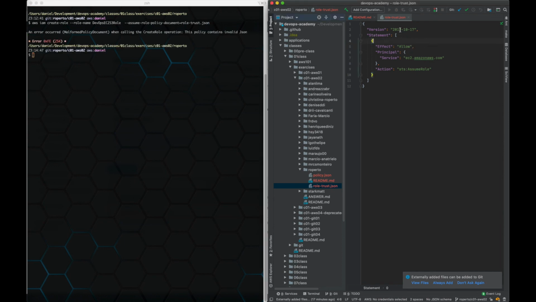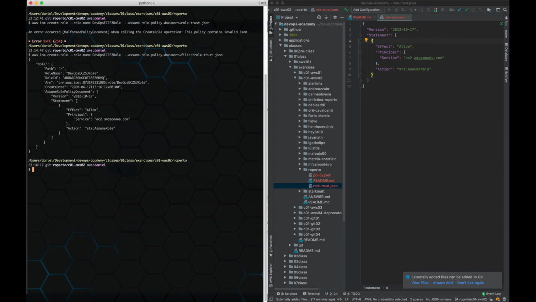Valid JSON, I just copy and paste, so I'm pretty sure it's correct. What I think I did wrong is that I have to put this prefix. Okay, so the role has been created. Now we have to create the policy that's going to be connected to that role. And then after creating the policy, we attach the policy to the role. However, there is a command in AWS CLI that can do both at the same time. So AWS